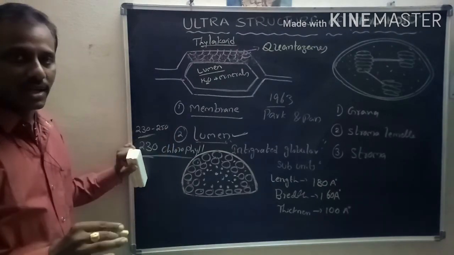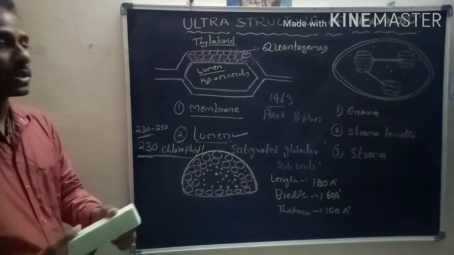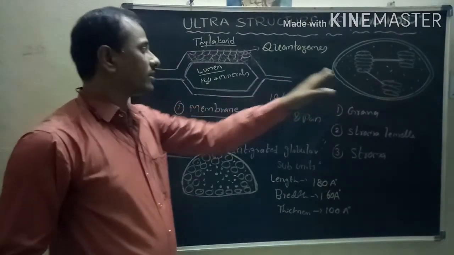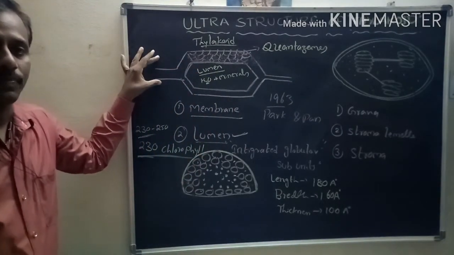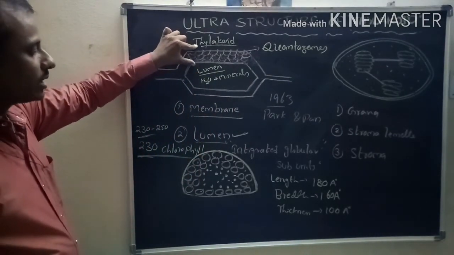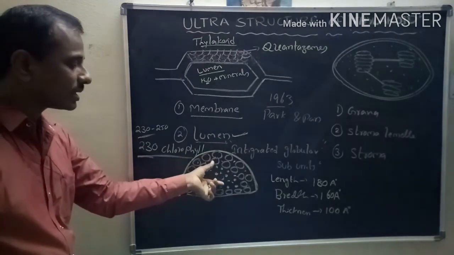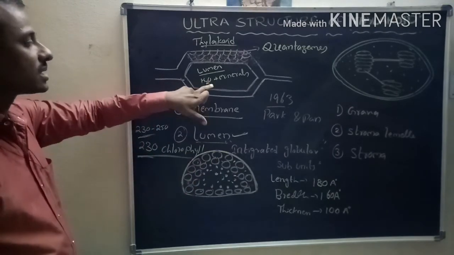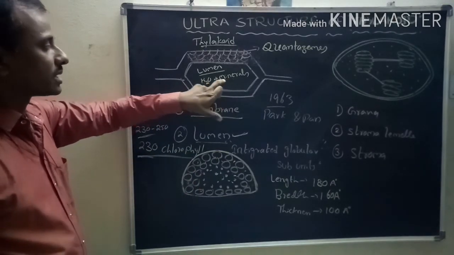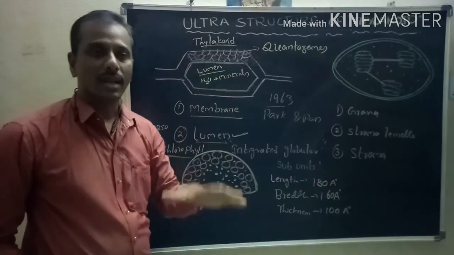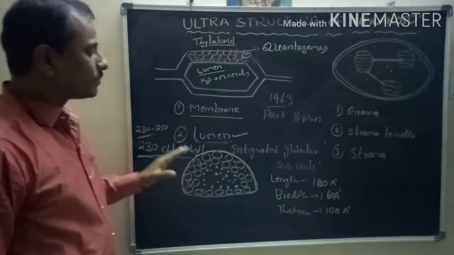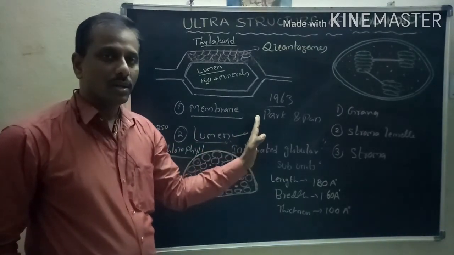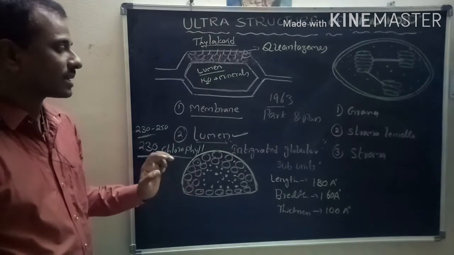So we know about the light reaction. Before studying the light reaction, first we learn about the chloroplast structure, then the ultrastructure of thylakoid. That means in the thylakoid, the quantasome contains pigments, and the pigments help in the light reaction. In the same way, water and minerals are present in the lumen, and this portion also helps in the light reaction. So this is about the ultrastructure of thylakoid. I think it is very easy for you to understand.